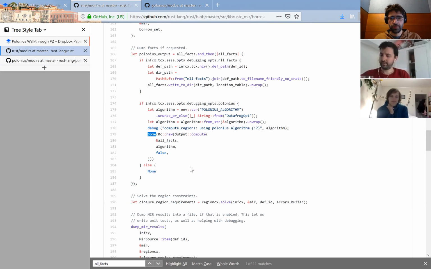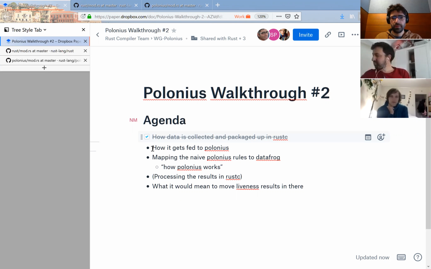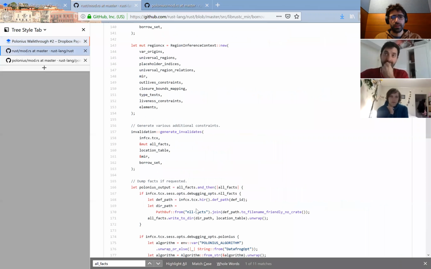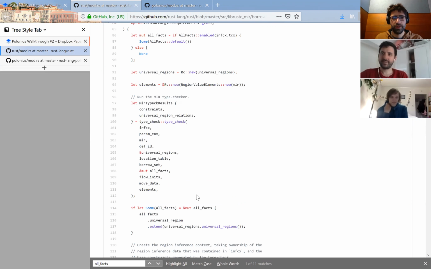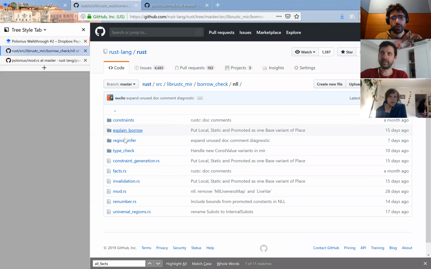Okay, so that's kind of a quick walkthrough of how data is collected and packaged up and how it gets fed to Polonius. I guess the thing I didn't cover is the liveness in much detail. And part of that's because I don't exactly remember, but let's take a look where that actually gets computed. I think it's probably in constraint generation. So the way that liveness works today,